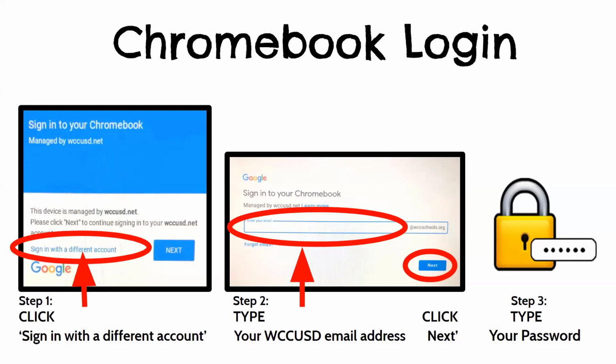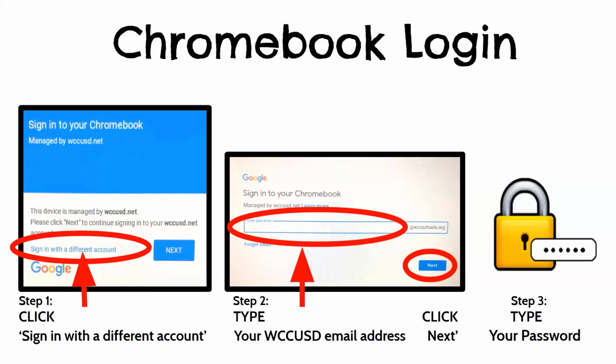So for instance, mine is lroberts@wccusd.net. I would type that into that box. Don't worry, that at wccschools.org piece is going to go away when I type in my whole email address. Then I click on next, and after that I put in my password. Now, there have been some questions about passwords.